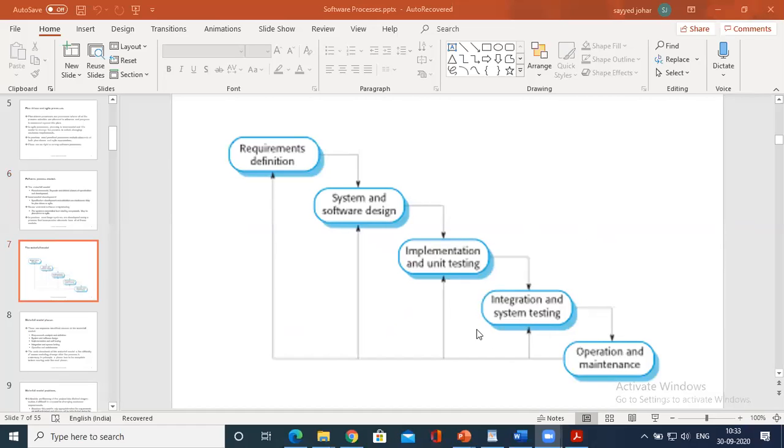Clear? So implementation and unit testing are a part of validation. Once you complete the validation, you come to maintenance. And it is not that you don't have feedback from maintenance to integration. You have feedback from integration to unit testing.